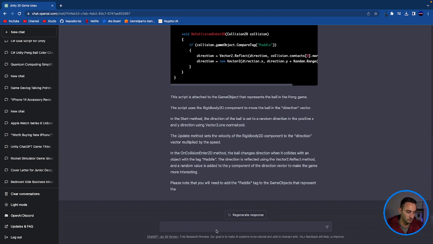So let's go and say using the Pong ball script, add a method that stores the starting position of the ball at the